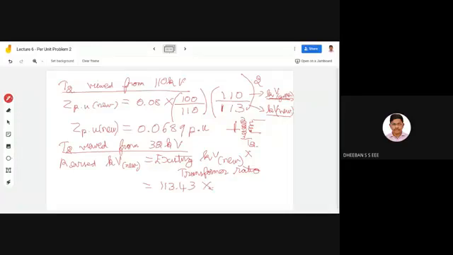Transformer ratio is nothing but you can find it with respect to the voltage. So it will be 32, that is the secondary, divided by your primary, 110. Sir, we have rounded it to 113.1 units. Okay, that you can use, so no problem. You won't be getting any such kind of deviation over there. Okay, so what is the value you'll be getting? Revised kV new.